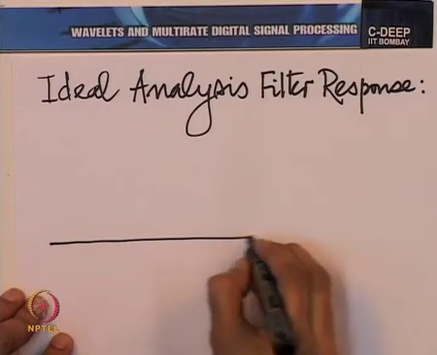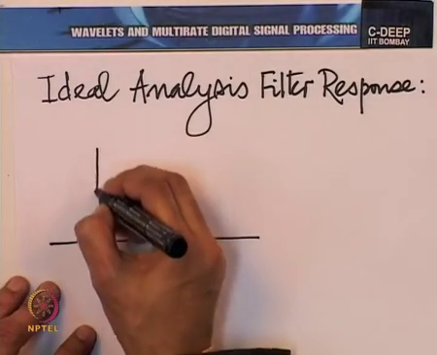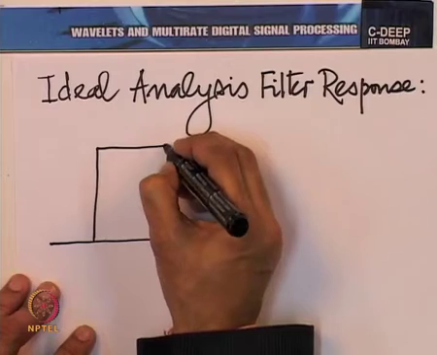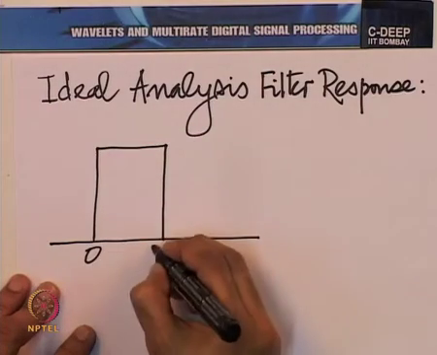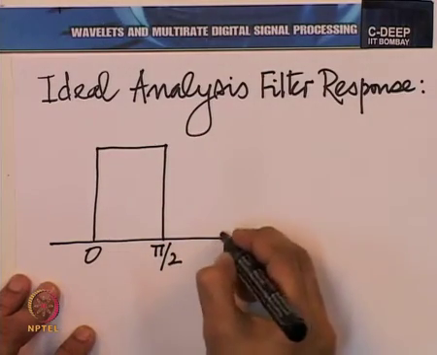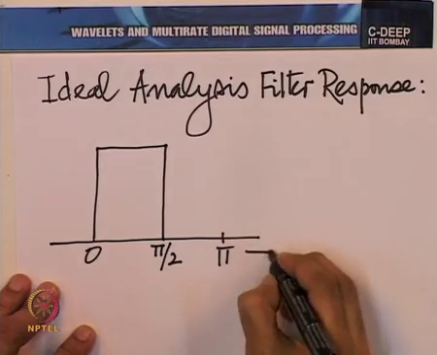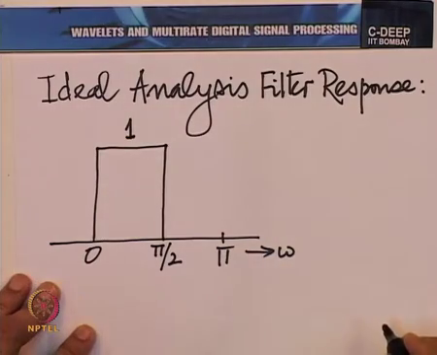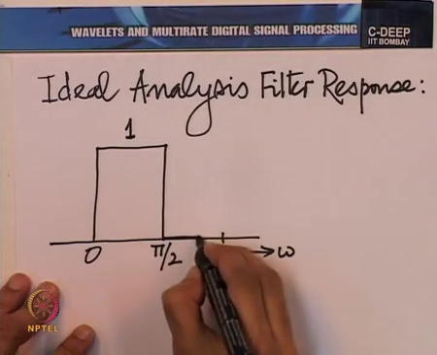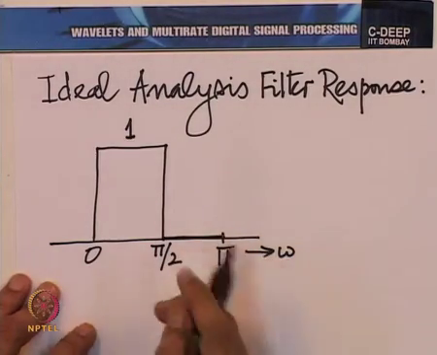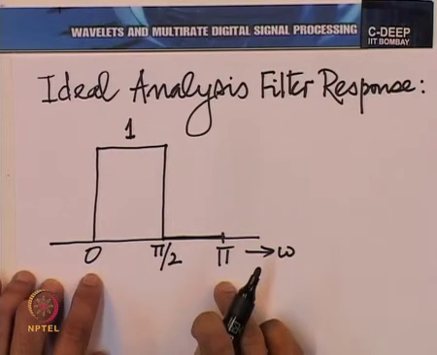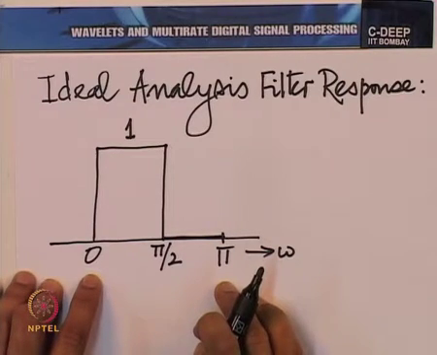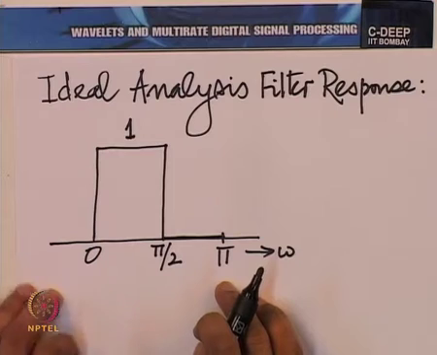So, the low pass filter should have a response that looks like this between 0 and pi. It must be 1 between 0 and pi by 2 and 0 between pi by 2 and pi, and this entire pattern must be mirrored between minus pi and 0 and of course, then repeated the whole pattern between minus pi and pi, then repeated at every multiple of 2